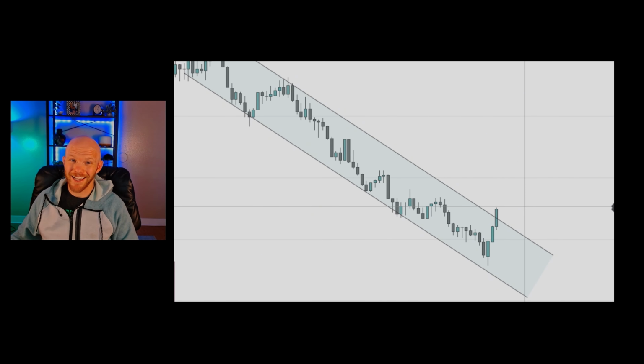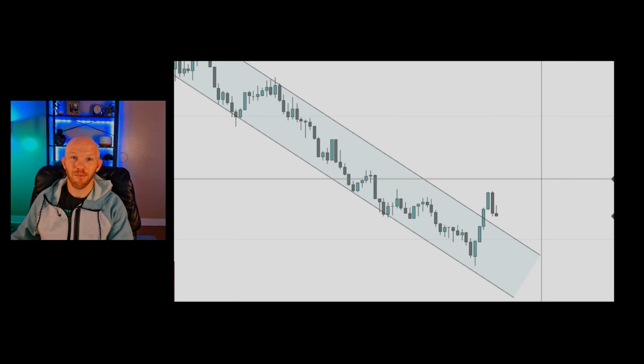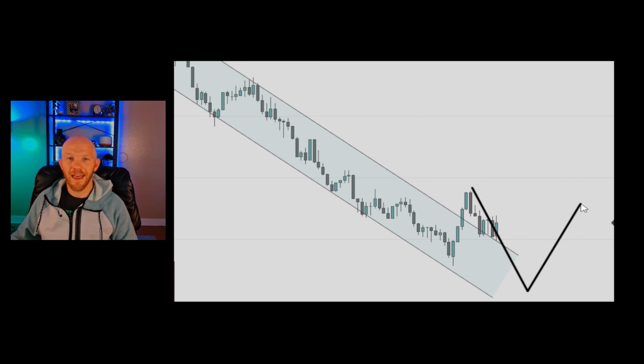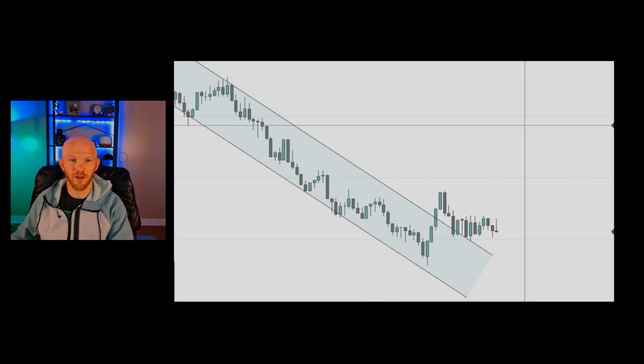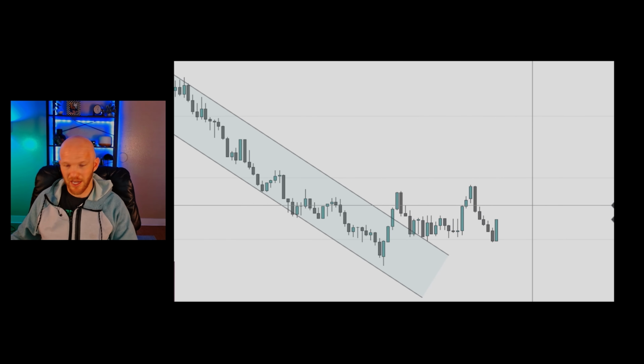And just like in the previous example, this is where longs are going to get trapped, because a lot of people assume, hey, the trend is breaking, that means we're going to reverse. But in actuality, the more likely scenario is that we push down to a new extreme first, and then maybe we'll get our reversal. So a lot of long traders getting trapped right here.